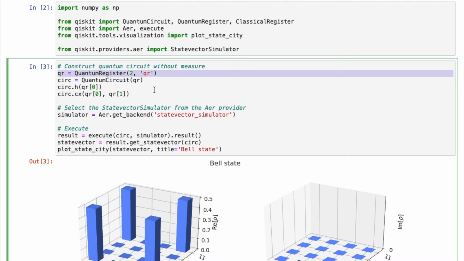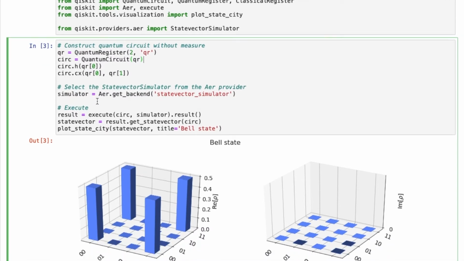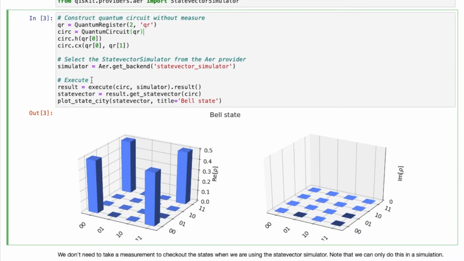To do this, we start our circuit with 2 qubits. As you see here, we don't have any classical register. This is because we won't take any measurements. We don't need to. Then we apply a Hadamard, then a CNOT gate to obtain the Bell state. After setting up our circuit, we call the state vector simulator and execute the circuit to see the states. Execute here doesn't mean measurement. This is to get the states, and then we can use plot_state_city to observe the density matrix of